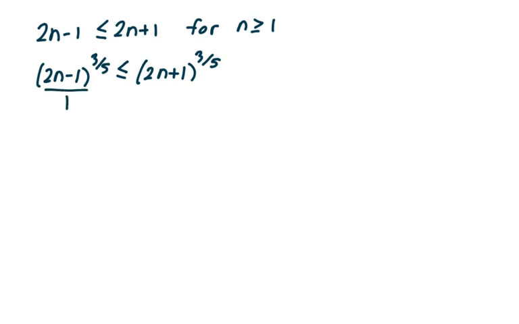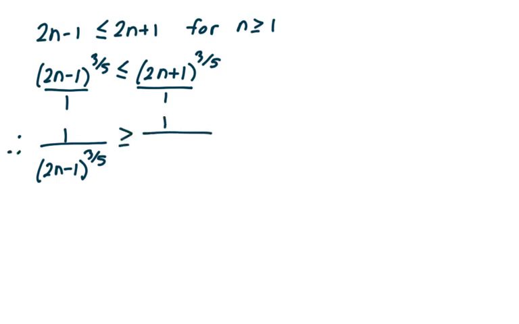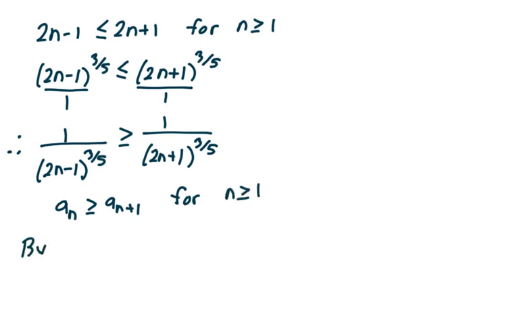Okay, now from here, if I take the reciprocal, do we agree the inequality gets switched? And in fact, it does. And so this says a_n is bigger than or equal to a_(n+1) for n bigger than or equal to 1. So by the